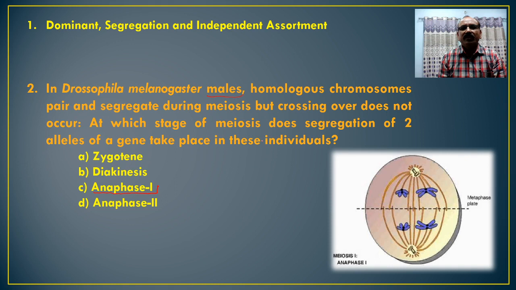Here it is said that crossing over does not take place. So we have to concentrate on this, and this provides the reason why anaphase is responsible for the separation of the genes. The genes which are shown are without any crossover, and hence they already have genes of the same types, and when the chromosomes are separated from each other in meiosis 1, there is automatically a segregation of the genes. Hence the option anaphase 1 is the correct answer.